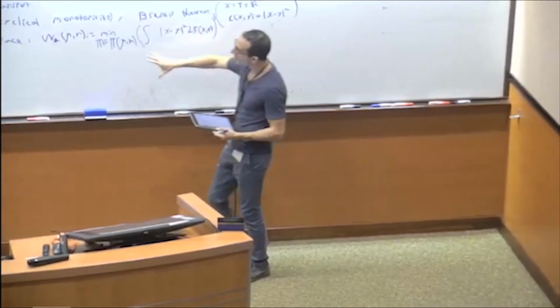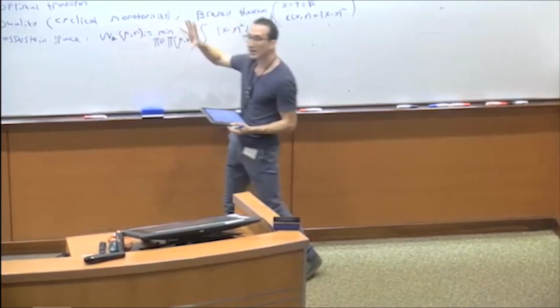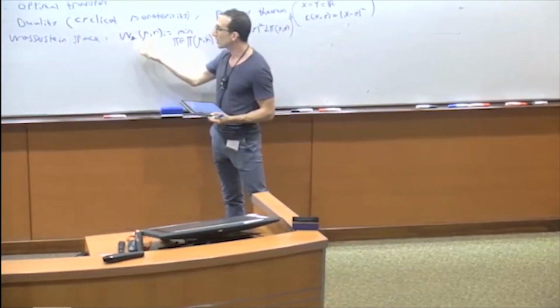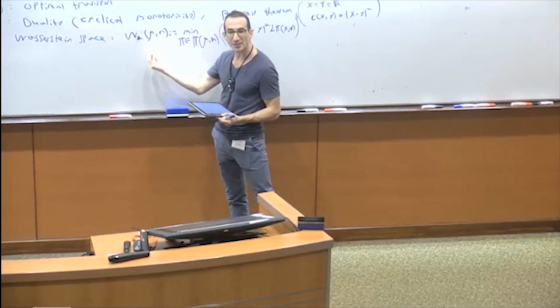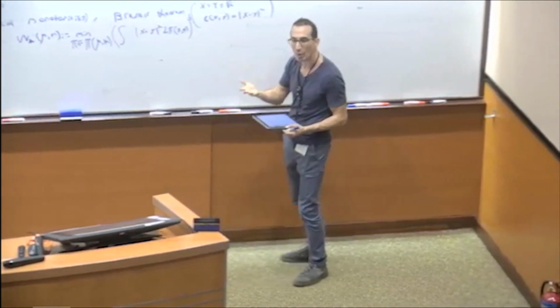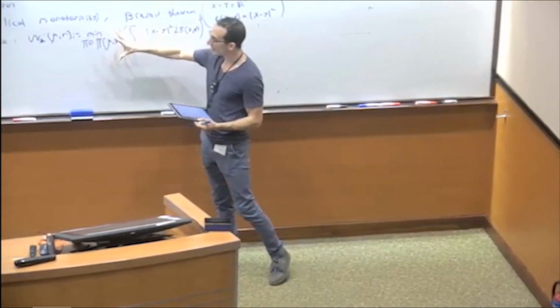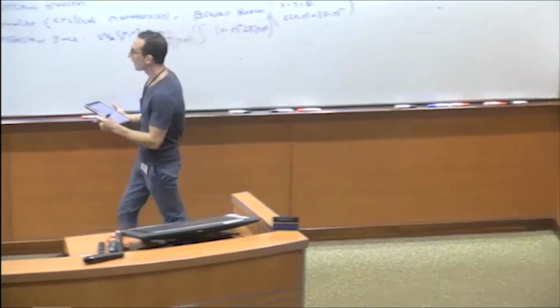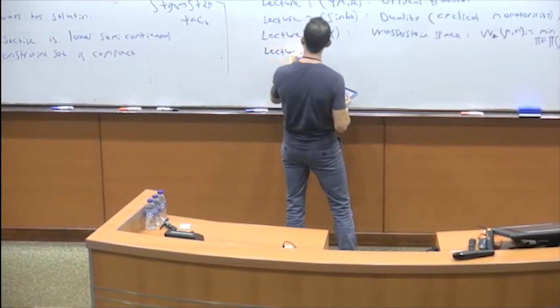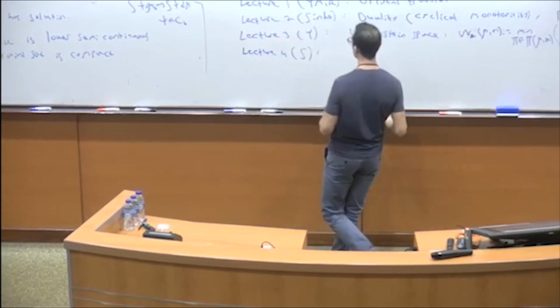And I will also show you how this metric is actually related to the notion of weak convergence, which means that two measures being close to each other in this metric is very much connected to other notions of closeness that we use in probability. So now we can talk about this as a whole space. So that would be in lecture 3, but then in lecture 4, which Sinho will give,